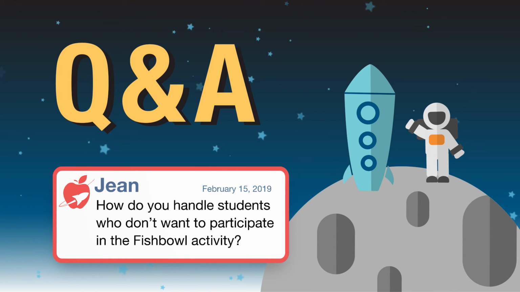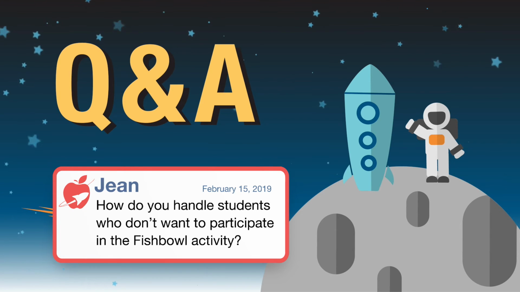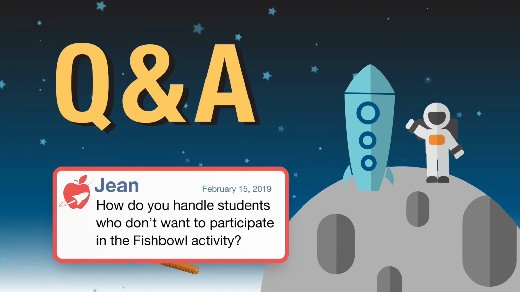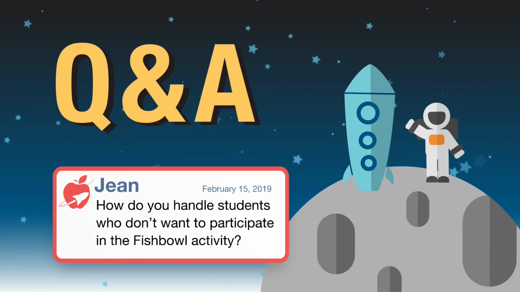Now, if you have a student who still doesn't want to participate, then you could let them know that maybe that would affect their participation grade. Maybe they wouldn't get a participation grade for that day. Or, you could provide them with an alternative. So for this, potentially you could have the student take notes during the fishbowl activity, and then afterwards, they'd write down 3 facts that they learned from the other groups that reported. And then they can turn that in for potentially a substitute grade. Sometimes there's specific circumstances as to why a student isn't participating. And so it could be beneficial to consider those alternatives for participation grades.